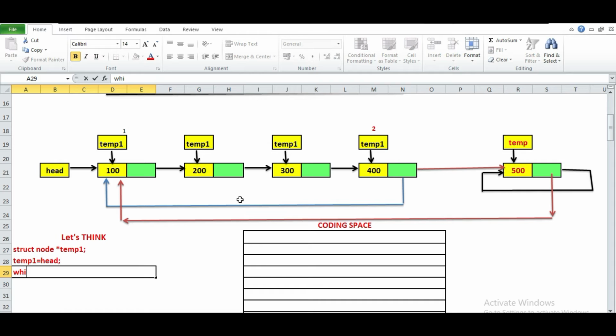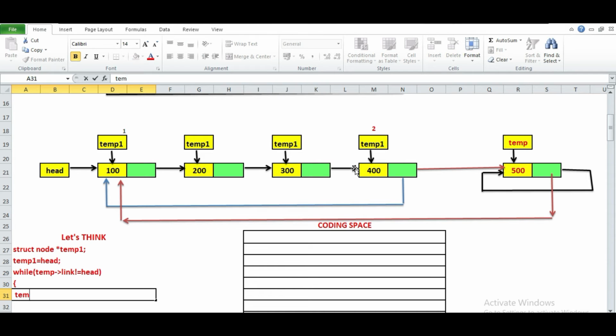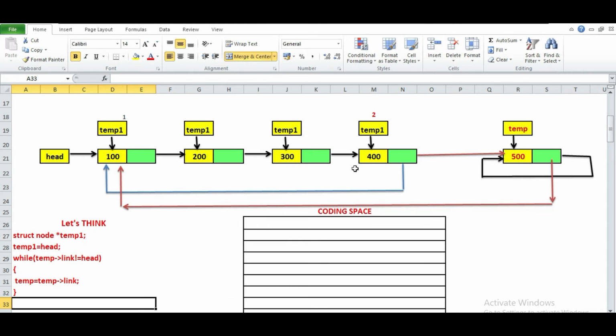So we are going to write while temp's link not equal to head. Okay, so temp's link not equal to head, you have to do what? You have to keep on moving your temp equals temp's link. Okay, so with this code you will bring your temp to the last node, and then once it comes